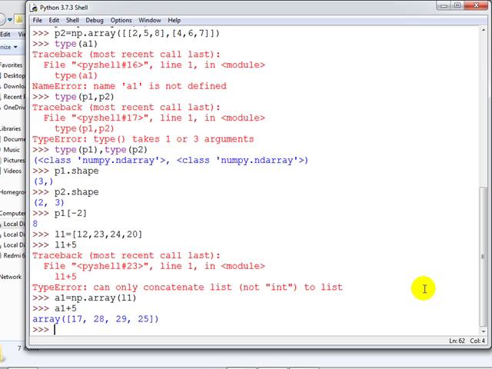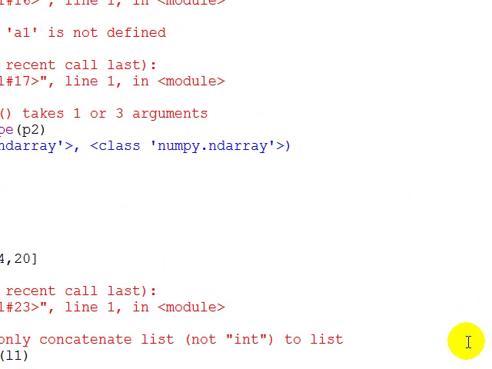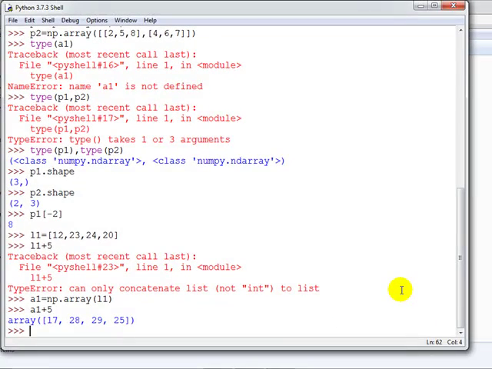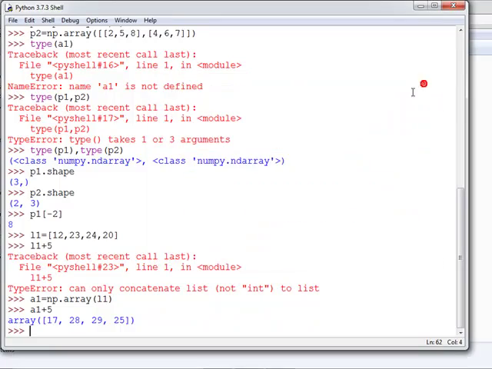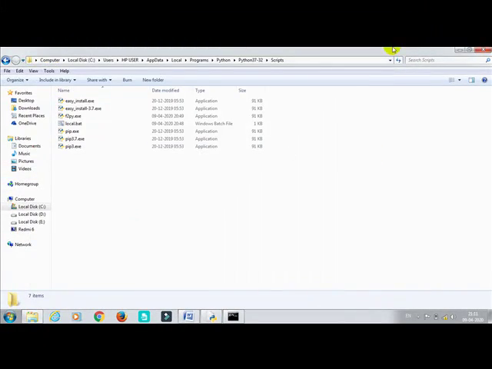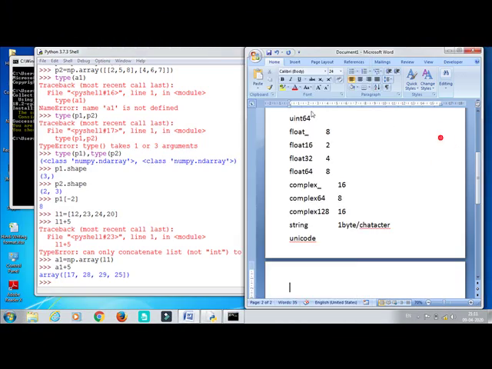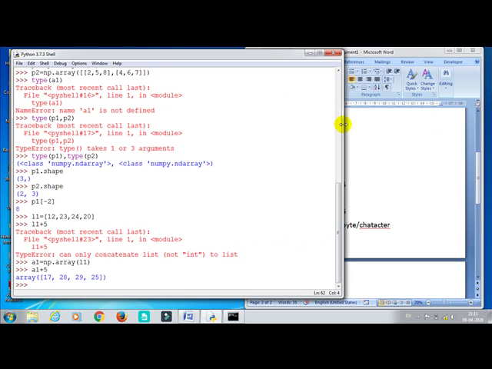So this is one difference, that numpy array performs vectorize operations. Vectorize operation means a value can be added to each element automatically, but that is not possible in the list. Clear? This is called vectorize operation. So if somebody asks what are the advantages of numpy array and why we are using the numpy array in Python, you can answer by giving three important points.